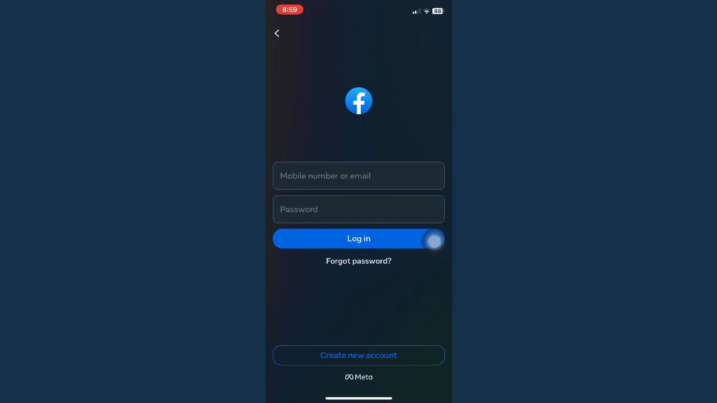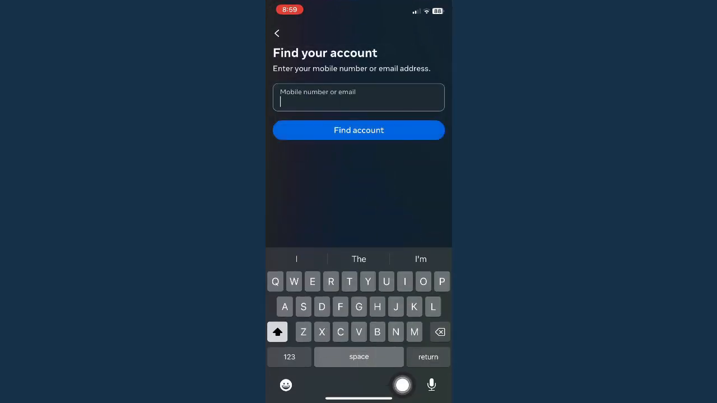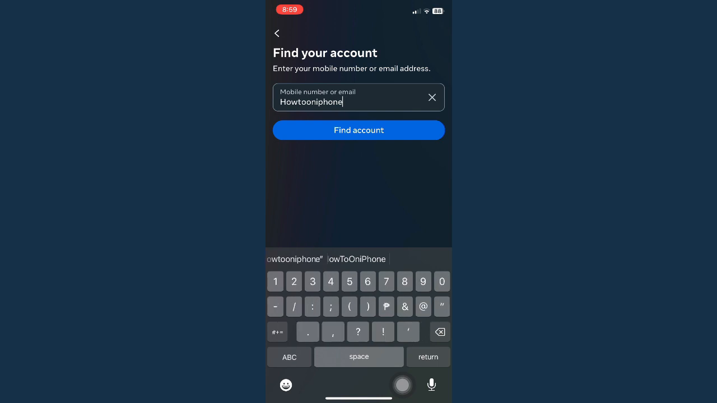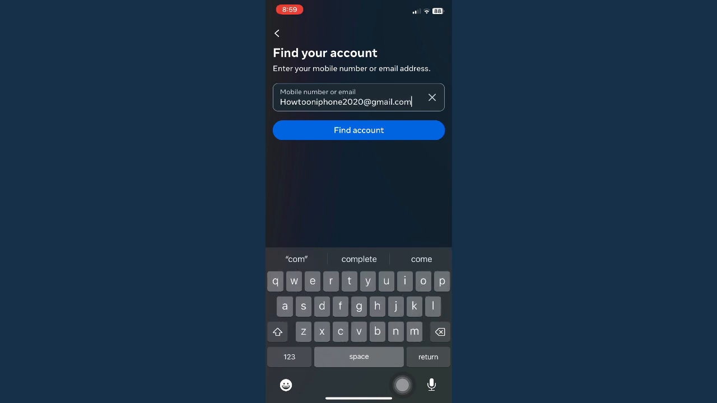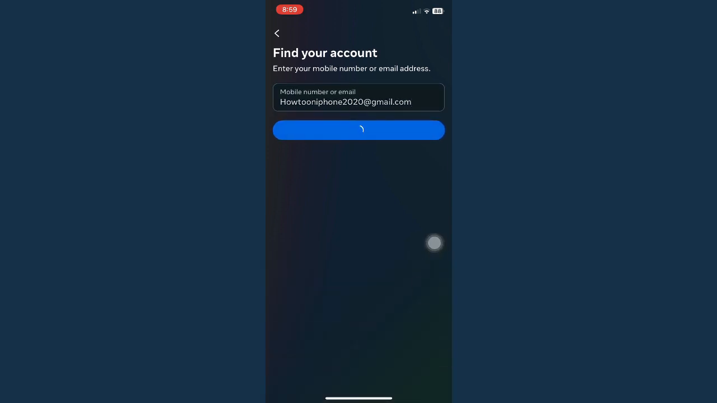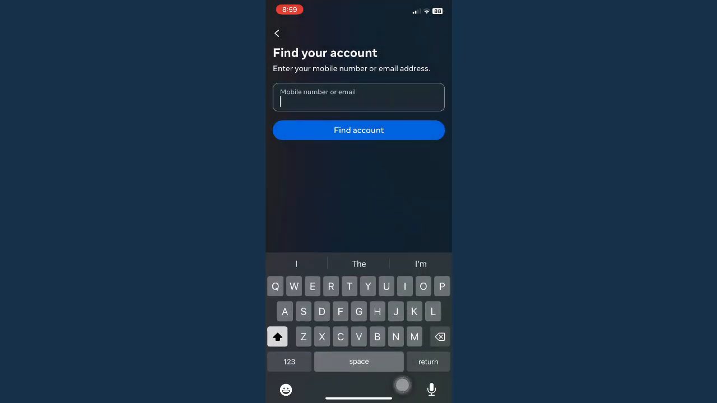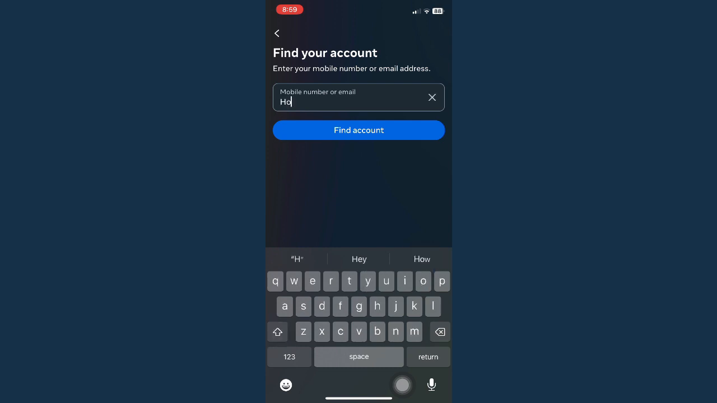First is by opening your Facebook app and then go to forgot password right here and then type in your mobile number or your email that you have used with your Facebook. So I'll just type in my email right here and then you need to click on find account right here. Once you have seen or clicked on find account, so I'll just retype it once again,